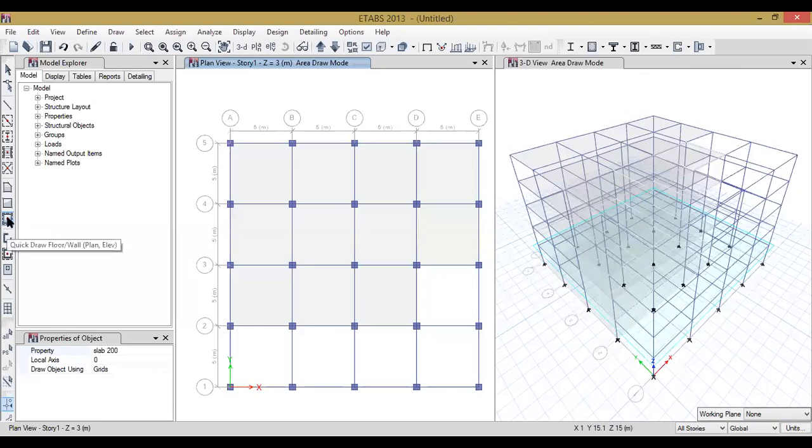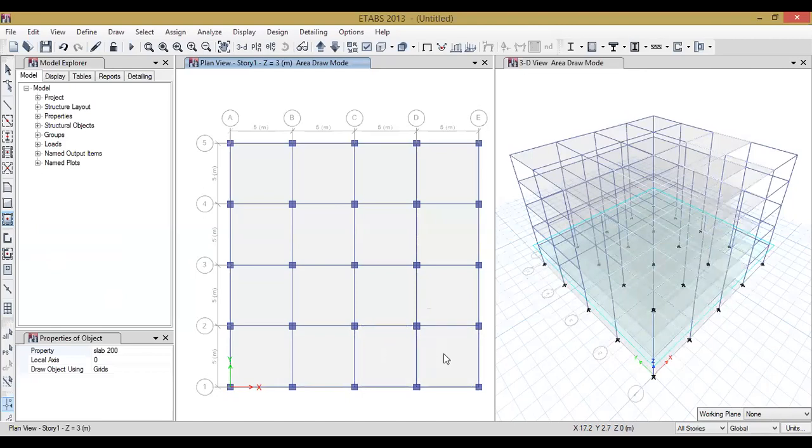Also, you can draw slab by selecting the Quick Draw Floor or Wall command. Click over Quick Draw Floor or Wall and just click on this rectangular box. Parallelly, you can see on the right hand side in the 3D view that a slab has been formed for each floor level, right?